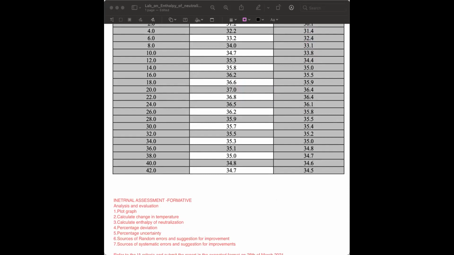Okay, another thing you need to notice: I said use a conical flask, but a conical flask is a glass material. You should use a thermocol glass for lesser heat loss. Also, you should have a lid on it, but a lid with a hole where you will add the drops, just to prevent the heat loss as much as possible. If you think of more, you can think of more also.